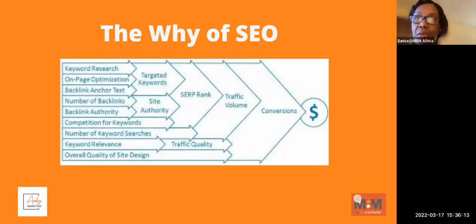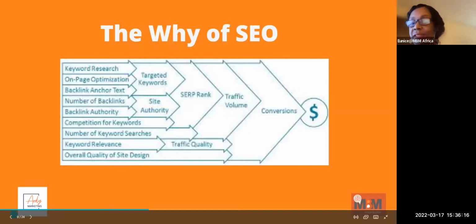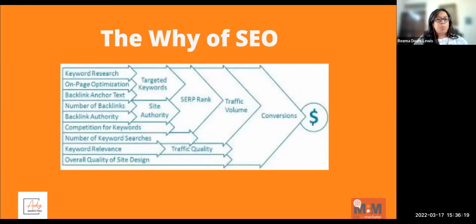So why SEO? Ultimately, you're trying to make money. You're trying to get your customers to buy, and that's why SEO is important. All this listed here is just a snapshot of what the backend or the SEO framework looks like in jobs to be done. That means you have to do your keyword research, on-page optimization, and try to get as many backlinks as you can. Authoritative backlinks are links from a brand that is superior to you, like the government, and whoever links to you gives you a bit of kudos in the search engine, not just Google, but all of them, Bing,